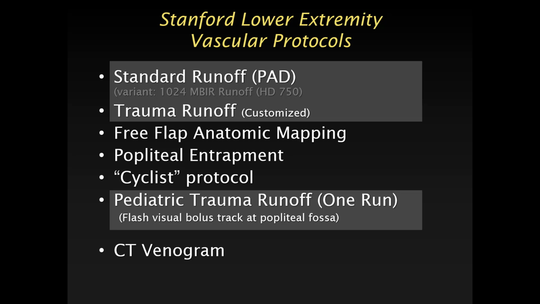So the standard runoff protocol, that I'll touch on a little bit, is for patients who have peripheral artery disease. So these are patients who have claudication or critical limb ischemia. So there's patients who have severe atherosclerosis. Then we have the trauma protocol, which is a customized protocol. This is a protocol that has a lot of moving parts, so I'll show you. There's also a dedicated pediatric trauma runoff, which is just a single run,